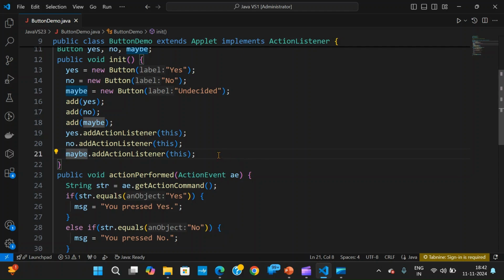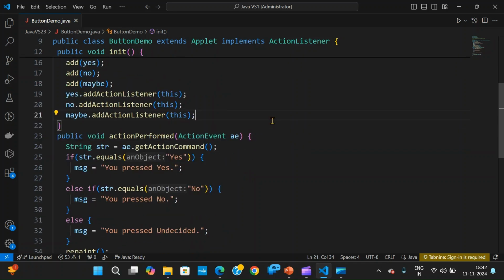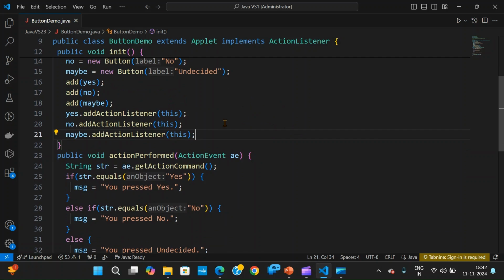For that also I need to register. So for the 3 buttons we're registering 3 separate action listeners, because every button is raising an action event, so we need to give it an action listener. All 3 need to have the registration of the action listeners. Now this is being put into the init method. Now when you click a particular button, the action event is generated, then the action listener is going to be invoked,